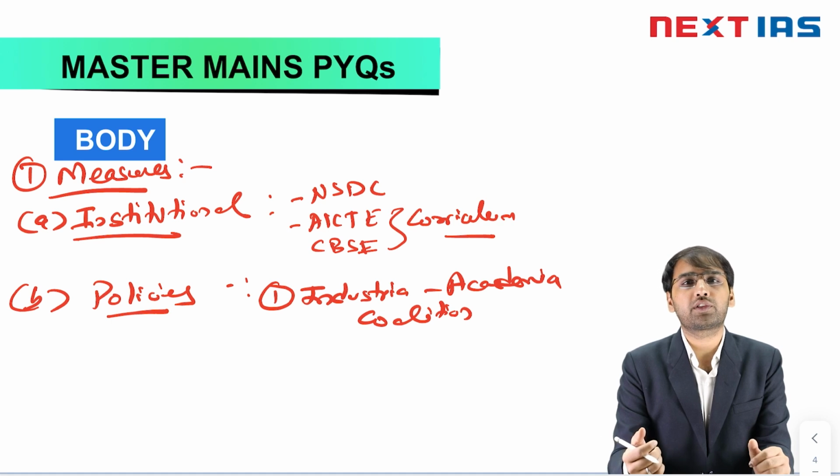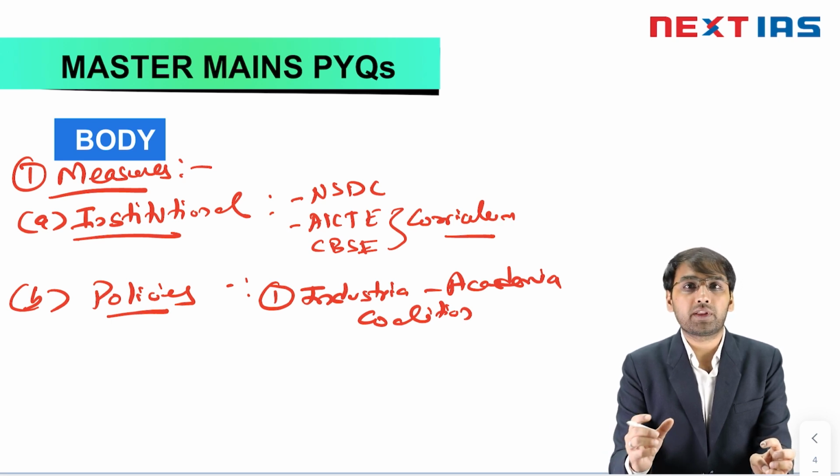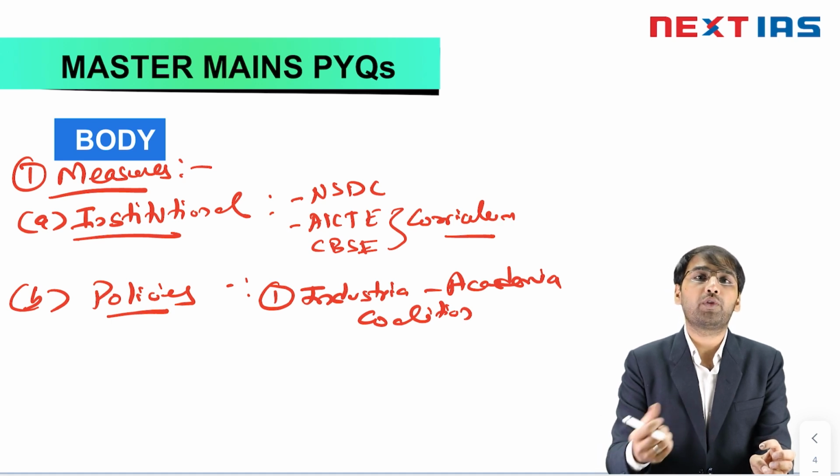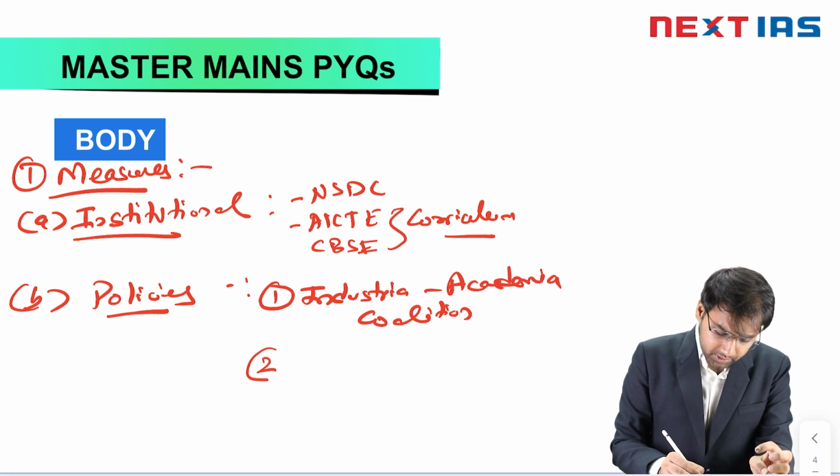Take the instance of Agra. Agra is full of leather industry. So the people there should have skills related to leather, so that when the industry has a shortage of skill, these people can fulfill that shortage. Okay. Other policy measures: it should be